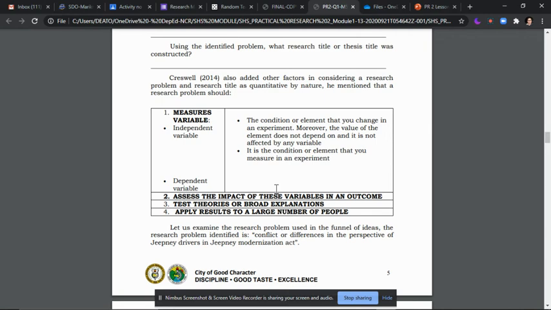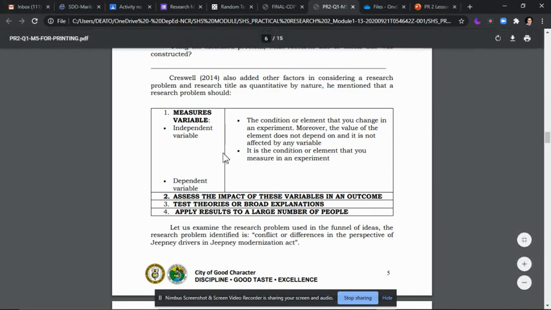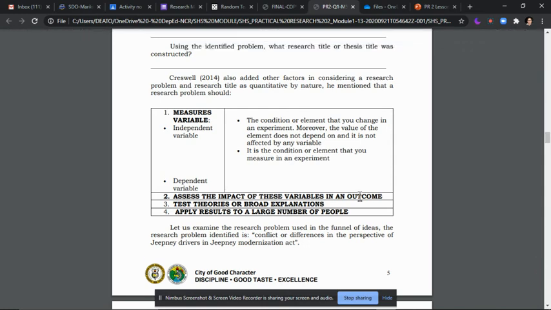Kailangan may ganung mga factors, yung independent at dependent, para mabuo mo yung title. Then, assess the impact of these variables in an outcome. Sa tingin mo ba, may chance ba na magawa mo itong title na ito? So, assess mo. Then, test theories or broad explanation.